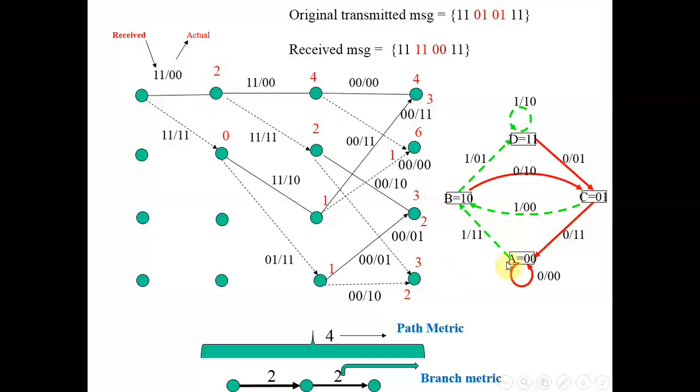Right? Now there is one more alternative. I can go from A to B. If I go from A to B, my expected output is 1, 1 and indeed right now I am receiving 1, 1. So if I go from A to B, my error count is 0 because this is the output of the transition we expect and this is what we receive. So if I assume that I follow this particular path, then my decision may match the actual transmitted code word. If I follow this path, right now there is no difference between the received and actual, so my error count is 0.